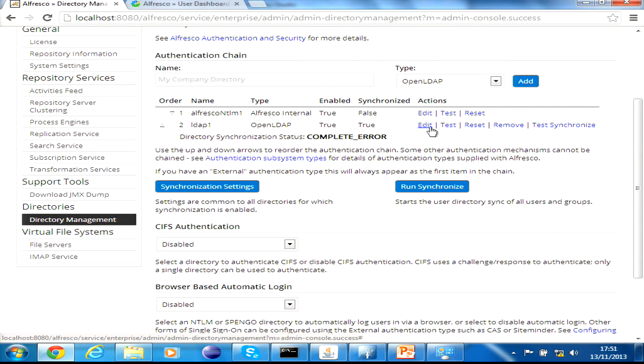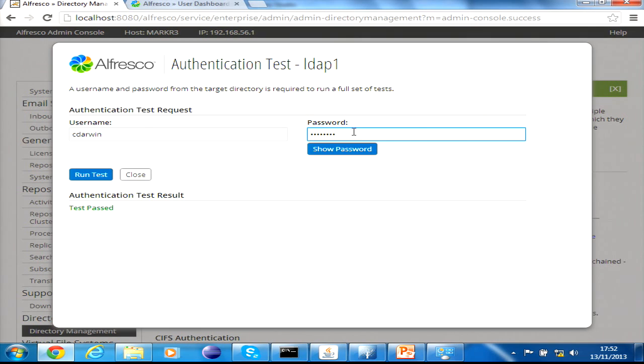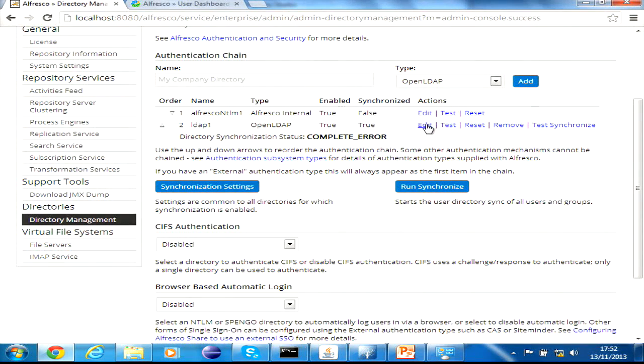As well as the edit details, there's also a couple of tools here that will help you configure LDAP. The first one is a test authentication. So there's an option here to just test whether your LDAP settings are correct. So you can type Darwin. That's not terribly exciting actually. That's just come up with a test passed in green, so that's good. But if I was to break something,